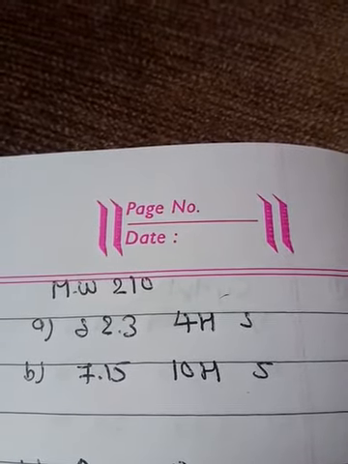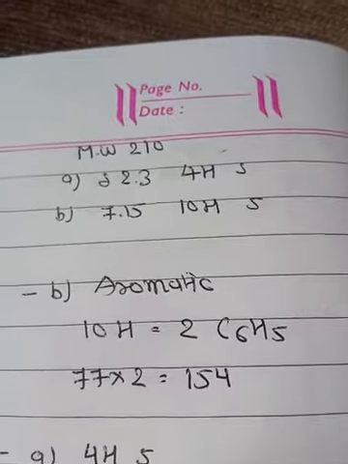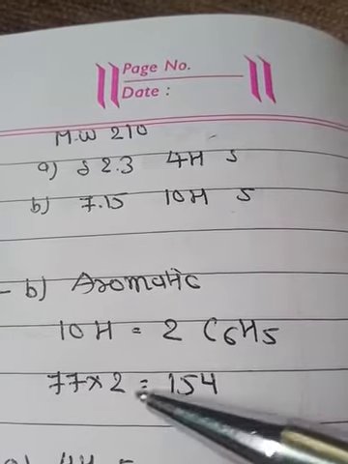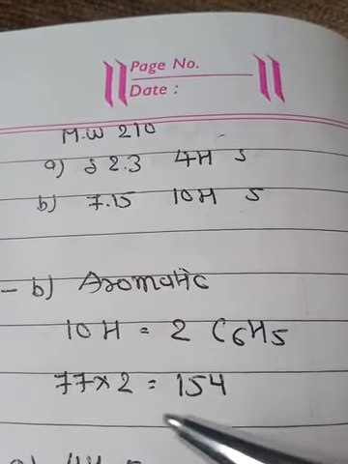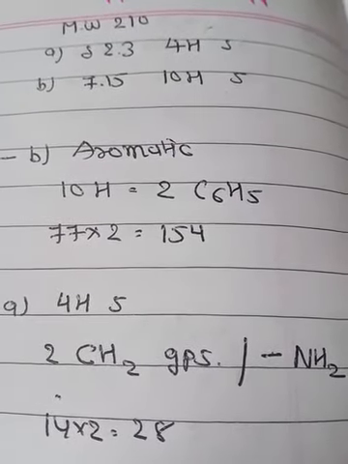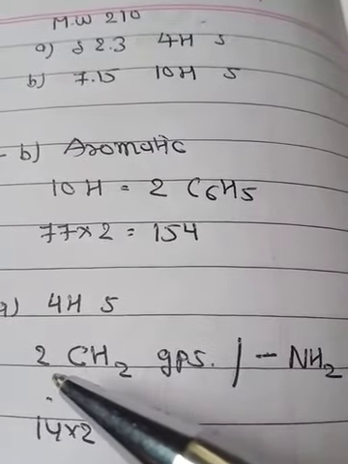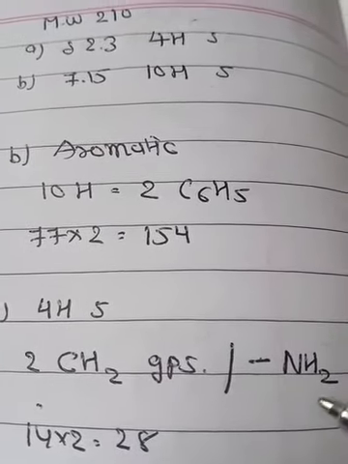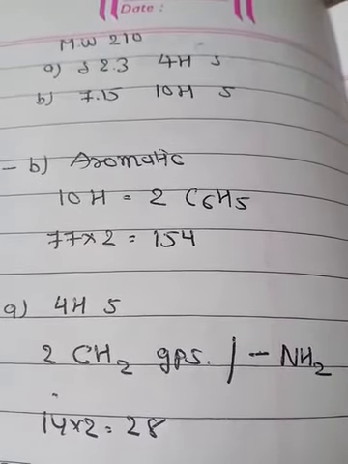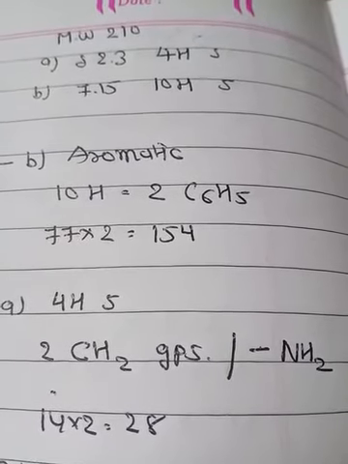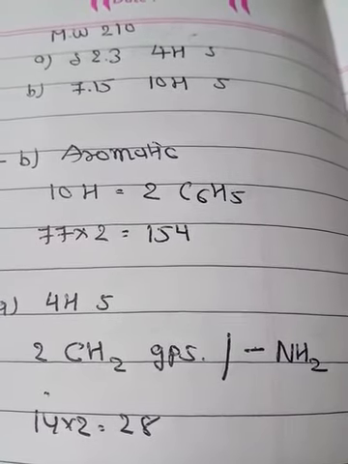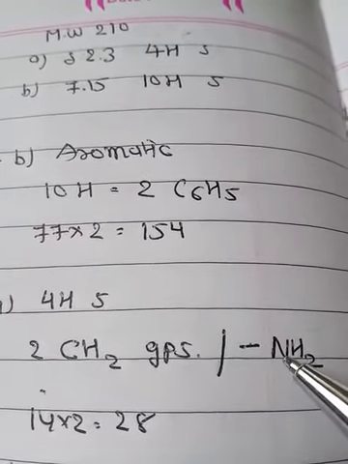So it is aromatic, and as we discussed, 2 C6H5. The molecular weight of 2 C6H5 is 154, 77 twos are 154. Most probably 4 equivalent hydrogens. So there are 2 possibilities: either 2 methylene groups or 2 amino groups. These kinds of problems are always solved by the trial and error method only. First, one should always try with CH2, and if the structure is not possible, then you should think about NH2.